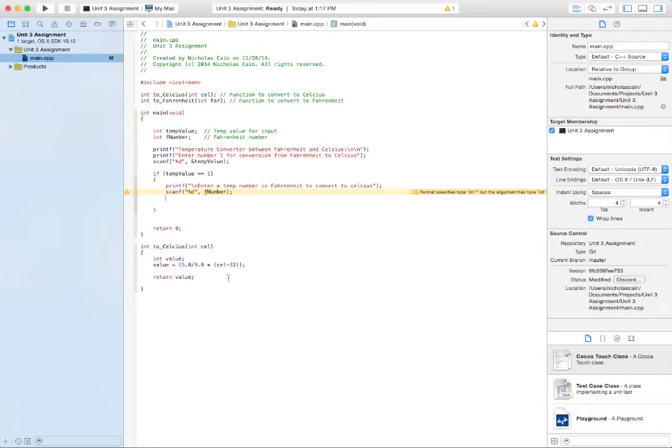All right, so we wrote our function, and all we did was take the function prototype and create this. We're creating a value, converting it, storing it in a value called value, and then returning that value. But now we have to print it out. So basically we have to say,